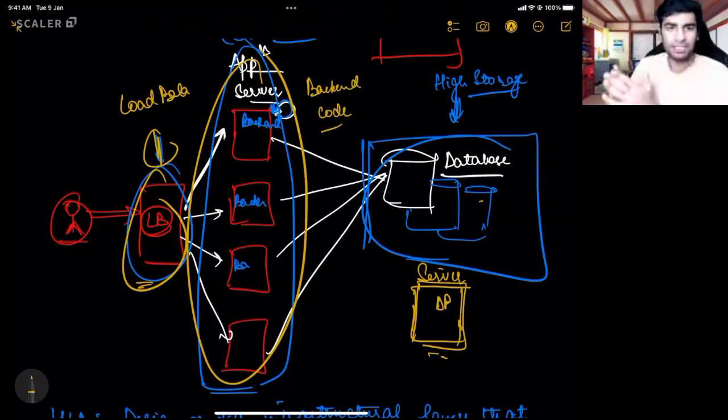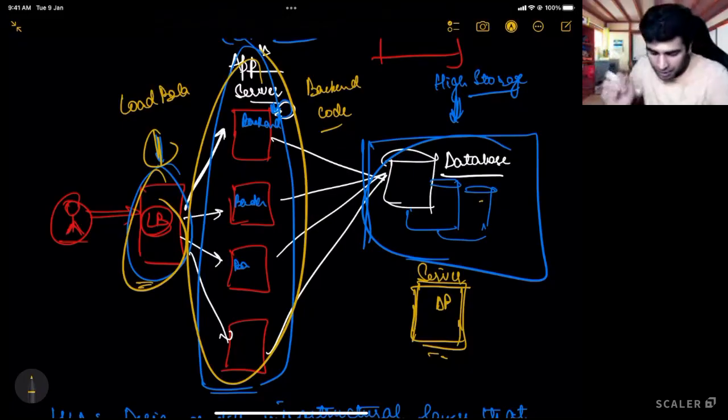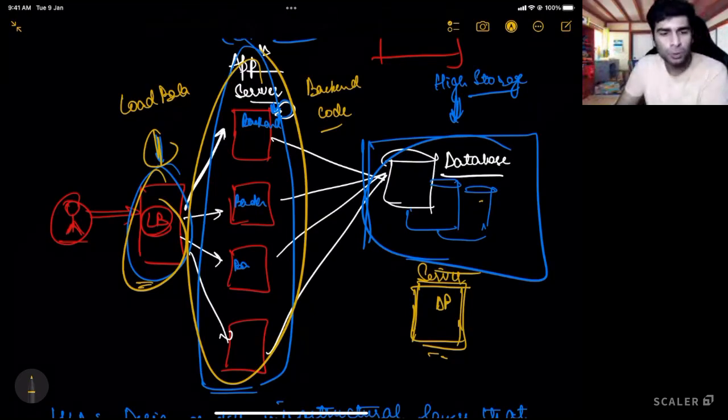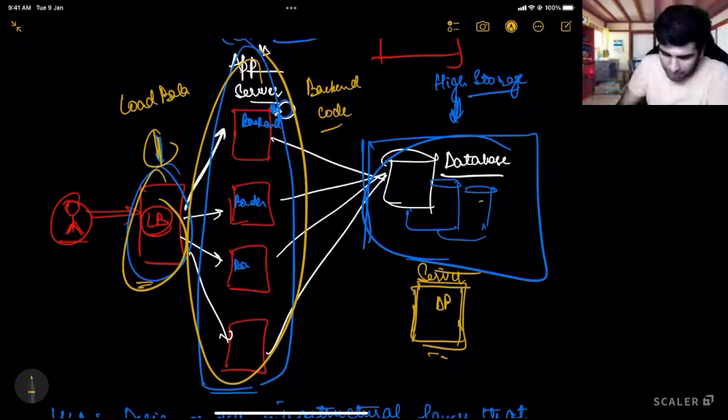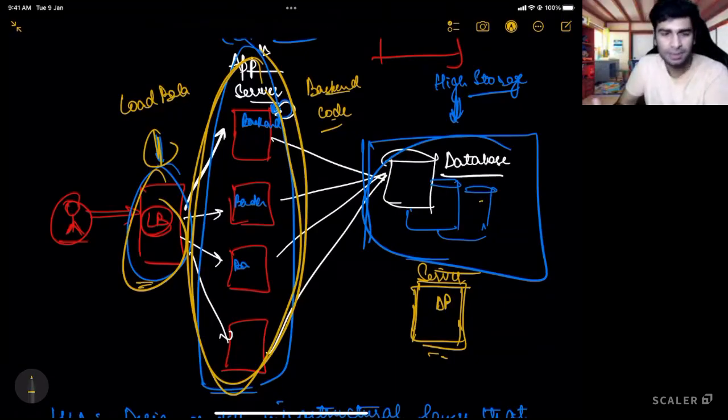So can I say at the end, in each of the infrastructure layers, there is code that is running. In the database also, there is a code. The code is of the database server. Here in the application servers, it is the backend code. In the load balancer, it is still the code. So inside whatever infrastructure layers that I have, there is a code that is running there. Is everyone clear with that?